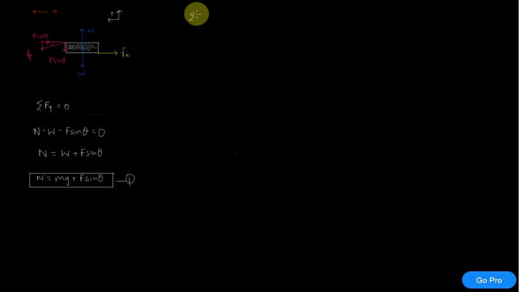The next component is to sum all the forces in the x direction. Since there's an acceleration in the x direction, the sum of forces will result in a net acceleration in the x direction. So the force in the x direction is just this f cosine theta. Since it's going to the left, that's a positive component, so f cosine theta minus, again, I have this frictional force, minus because it's acting in the opposite direction, and that's going to be equal to mass times acceleration in the x direction. Now I have to unpack this